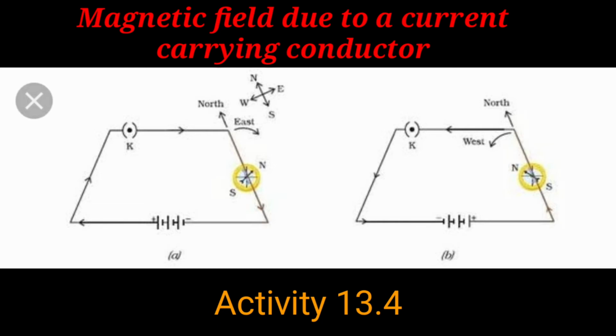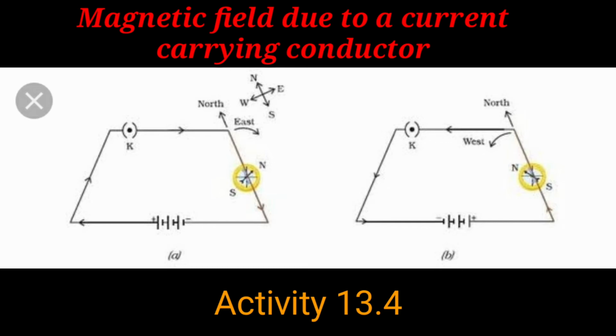Replace the cell connections in the circuit as in the second diagram. This would result in the change in the direction of current through the copper wire, that is from south to north. Observe the change in the direction of deflection of the needle. You will see that now the needle moves in the opposite direction, that is toward the west. It means that the direction of magnetic field produced by the electric current is also reversed. Thus, Ørsted's experiment demonstrates that around every conductor carrying current, there is a magnetic field. In other words, we can produce magnetism from electric current.